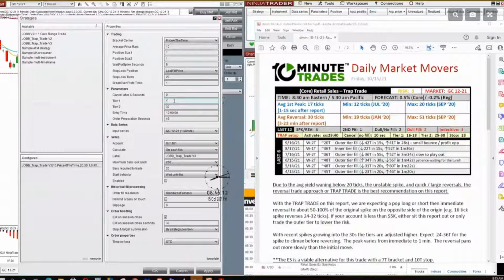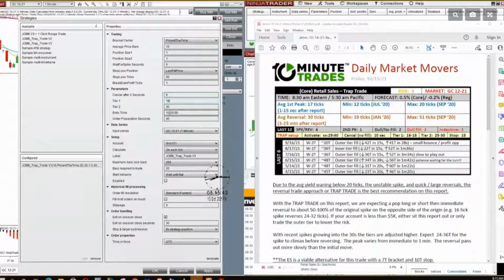I'm going to take my furthest tier away. And my tier 2, I'm going to take 30. So I'm going to take 18 and 30. So the further your tiers are, in a way, it's a little bit safer from a move in one direction because it has to move a little bit further. Okay. So think of those as your brackets.